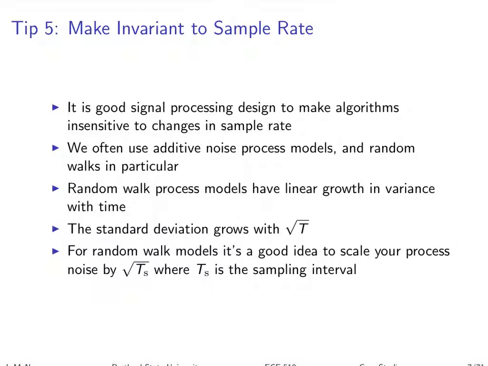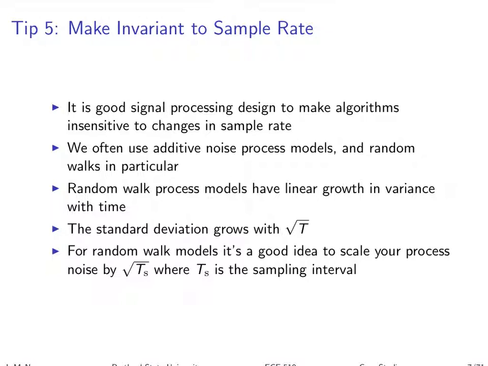And I hope all of you, if you're doing good signal processing design, will make it work even if you change the sample rate by a bit. I mean, there are considerations with Nyquist and how good the numerical integration is, but if you're sampling something at 100 hertz, and someone suddenly gives you a signal at 120 hertz or 150 hertz, it really should work just as well. You just tell it a different sample rate and it just goes. And so, as part of that good practice, you should wonder, well, how do I have to change my state space model? If you're working with additive noise, then the answer is that